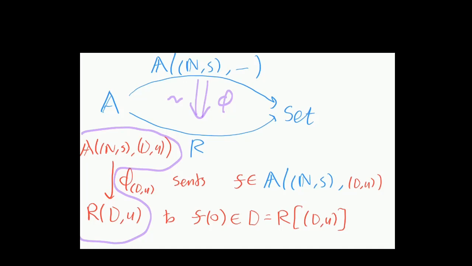It basically sends these morphisms of dynamical systems to states of the target dynamical system. How's it work? Well, it's going to send a morphism f to f of 0, which is the state of our target dynamical system which corresponds to that map from the natural numbers dynamical system. And we can see that, yes, this is going to be a natural isomorphism, because